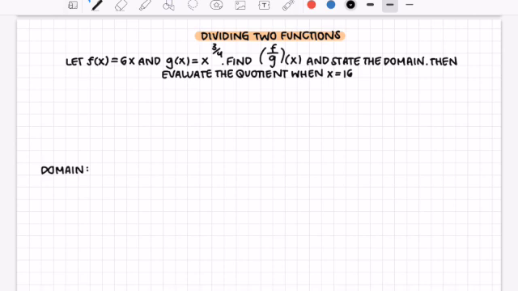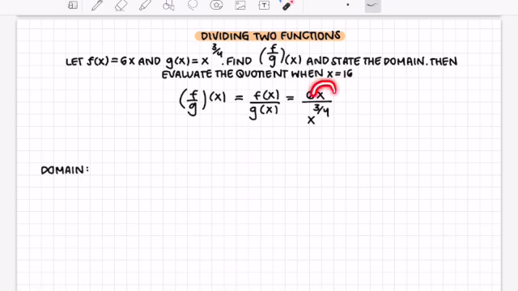All right. Dividing two functions. If I'm dividing two functions, let's say we have here f of x equals 6x, g of x equals x to the power of 3 over 4, and they're telling us to divide it this time. Then afterwards, evaluate when we have x equaling 16. So if I have here f divided by g of x, then I could separate it as f of x